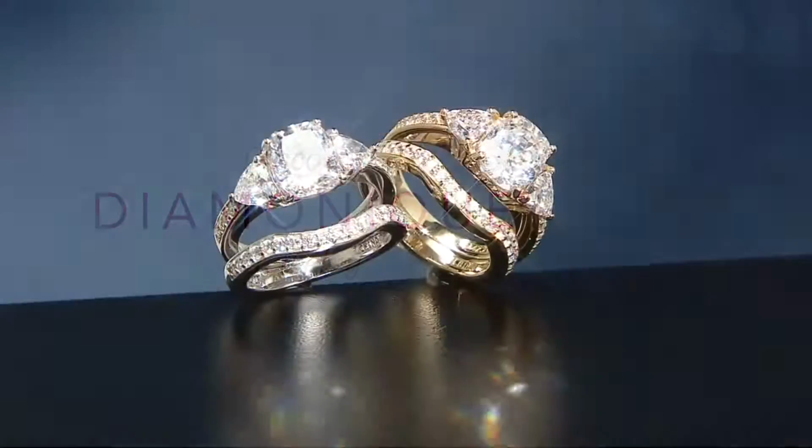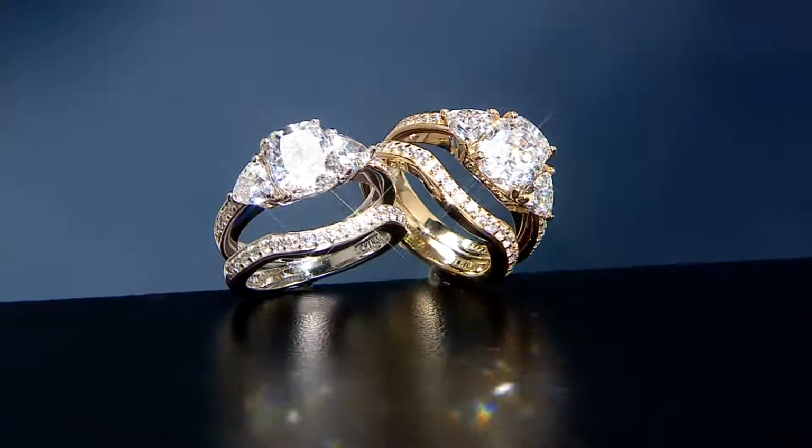Okay, in a little bit, we're going to have, so in our Diamonique shows, we try to mix brand new items